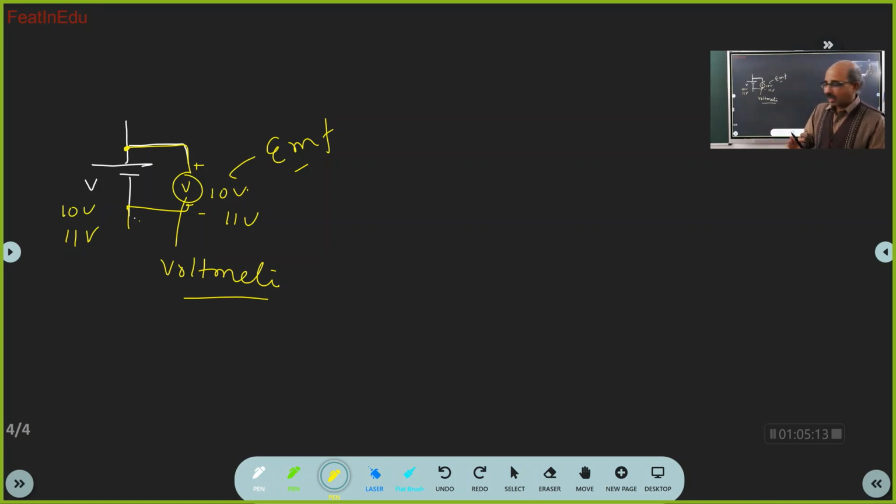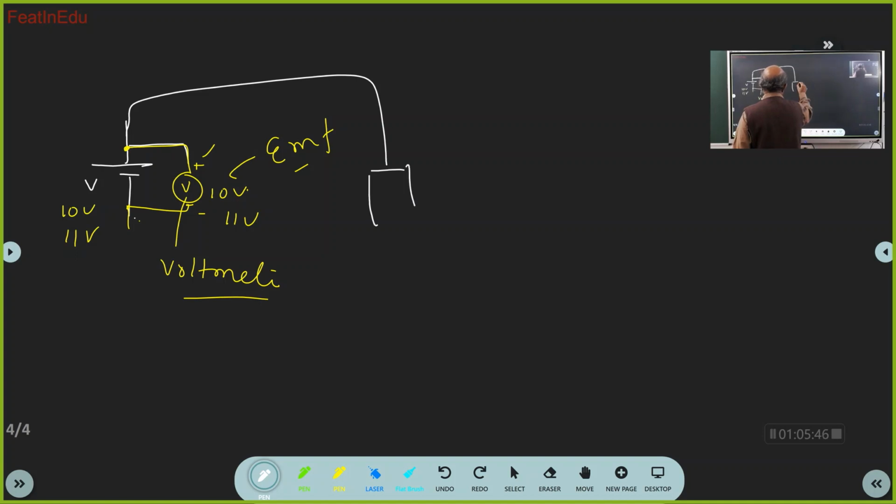Got it? So this reading of the voltmeter across a battery indicates the EMF of the battery. That means this reading will tell you that this battery will expend 10 joules of energy for every coulomb of charge that it is sending through the circuit. Got it? Now, I will connect this